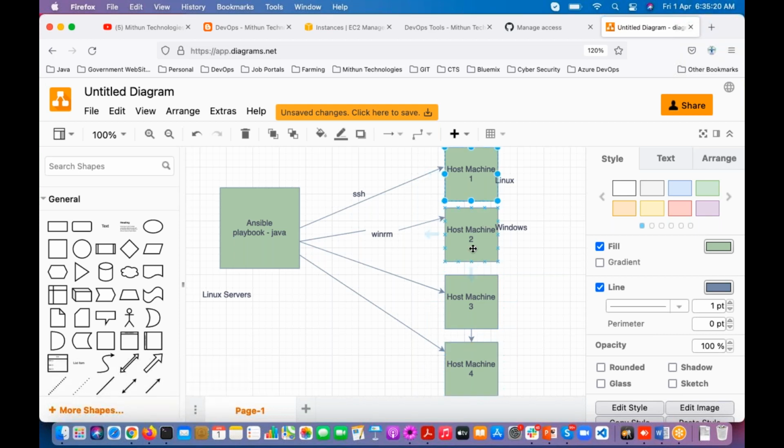So it is very difficult, right? Again installing Python on all the host machines. Yes or no? So you don't want to install any third party software on the host machines if you are going to use Ansible. If you write the playbooks in YAML format, this YAML is a data representation. Any host machine can understand it. So that's why we are writing these playbooks in YAML format.